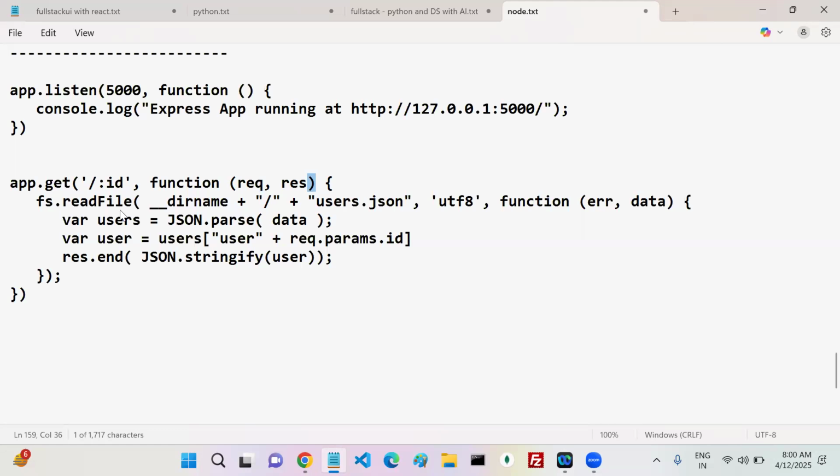Inside this one, readFile is there. What is this one? Up to here, it's a string. Another parameter is also a string. My last parameter is again what? A function. What kind of function is this? An anonymous function. You are passing this anonymous function as a parameter to which function?